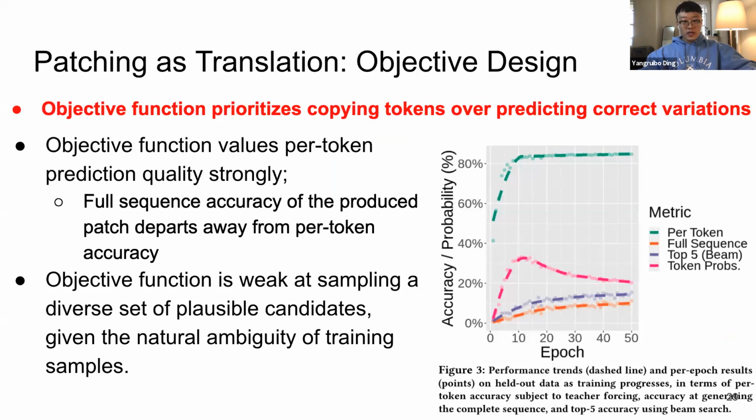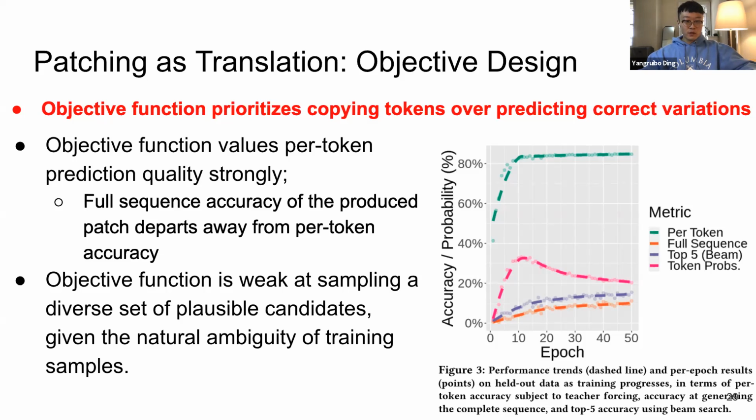Here, we show the process of training a translation model to predict patches. At the top, token-level prediction accuracy increases throughout the first 10 epochs. But after that, it plateaus. It does still increase, but only very slightly after epoch 10. This clearly shows two phases in training this type of model. The model first trivially minimizes its loss through simply copying, but then struggles to predict the correct changes to achieve